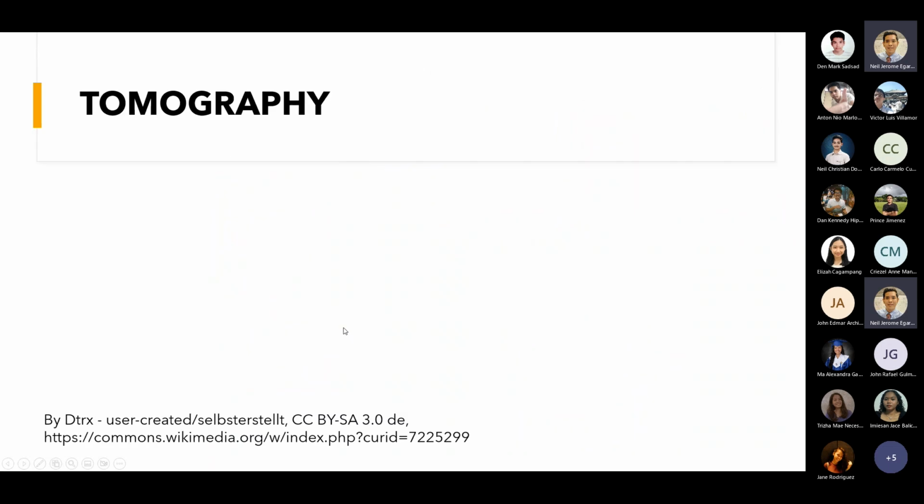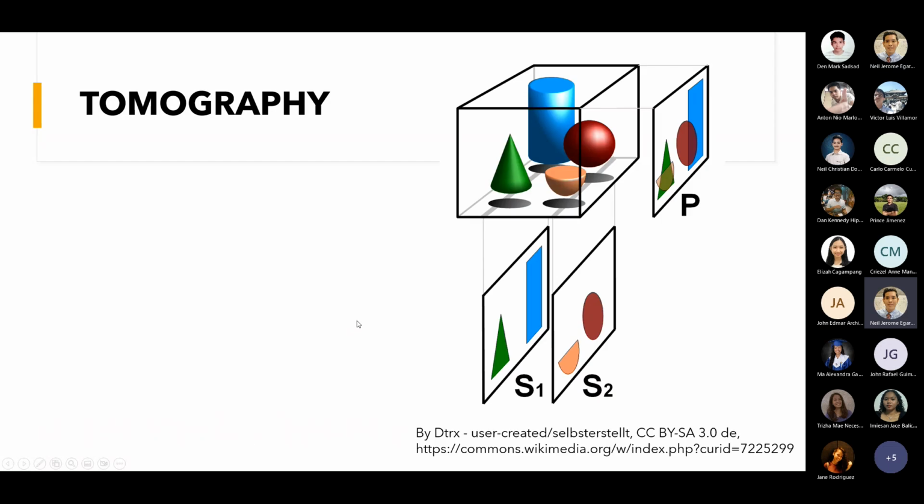But siguro another example, puro example tayo ngayon. No? So okay lang naman yan kasi hindi naman ganun ka-heavy yung math. So in tomography. So this is in X-rays, CT scans. So in traditional X-ray, that's X-ray tomography. CT scan is computerized tomography scans. So ang ginagawa natin dito ay